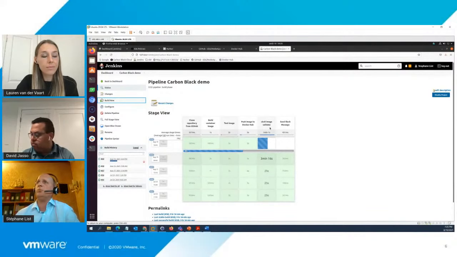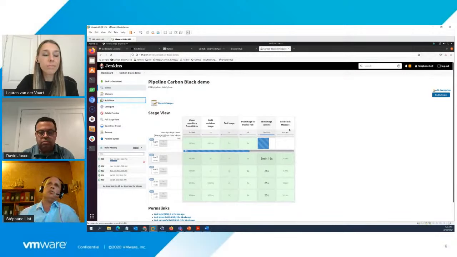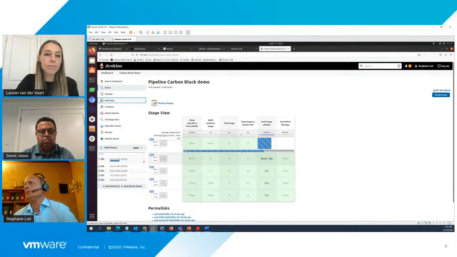And when the image is validated, we will send a Slack message. So all the developers or all the team members will know that, okay, there is a new container that is available. It can take up to 3 minutes. I will just show you the log when it is finished.